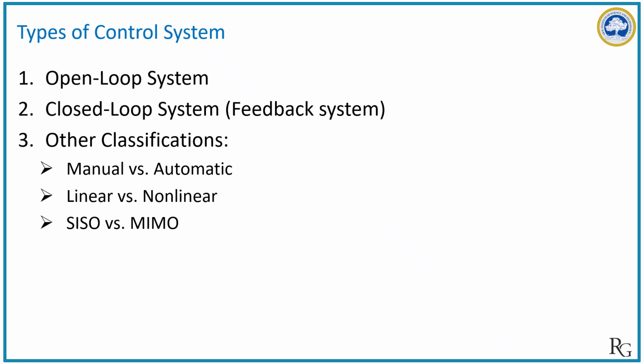Likewise, the other classification can be linear or non-linear system. The linear systems obey the principle of superposition, that is the additivity and the homogeneity. A very basic example of a linear system is an electrical RC network that we normally use for signal filtering. In the same way, the